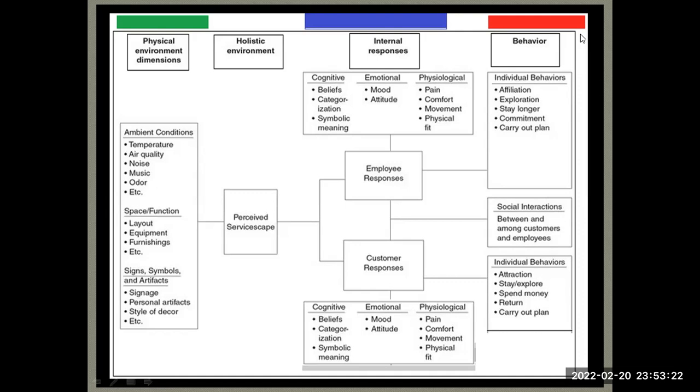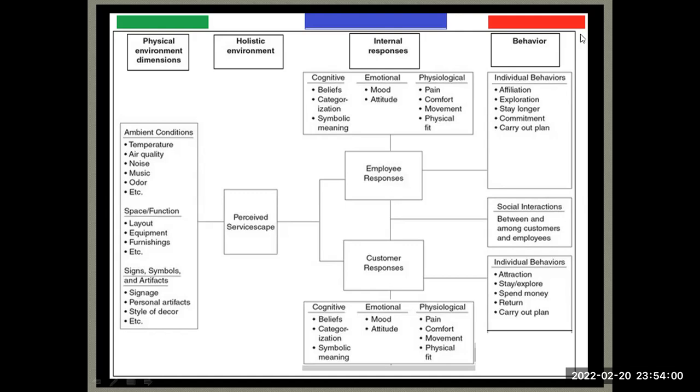So we said that servicescapes are nothing but what is tangible. Whatever the tangible factors are in the services, we call that a servicescape, and we also call them environmental factors, which are going to influence the customer, and that customer will take the decision either to purchase the product or not to purchase the product. So the physical environmental dimension, we said, is grouped into three categories: ambient conditions, space or function, and